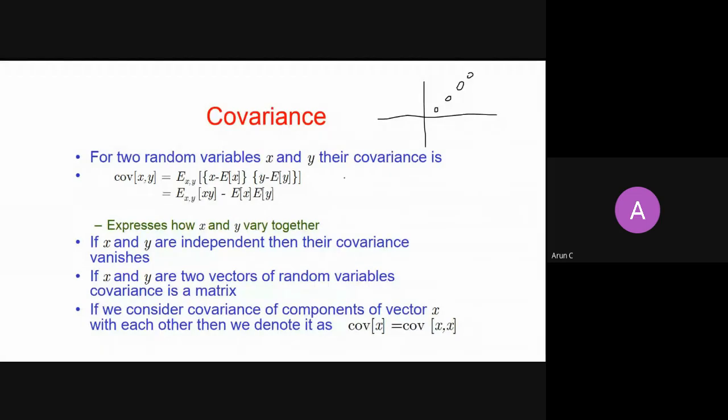What do you mean by independent variables? Quickly, anybody tell me what independent variables are. Change in one value does not affect the other. Can you give me an example? Birth rate in an X country and stock prices in some other country. So you can hypothetically create any example where things are not related. So if the variables are independent, then covariance is 0.